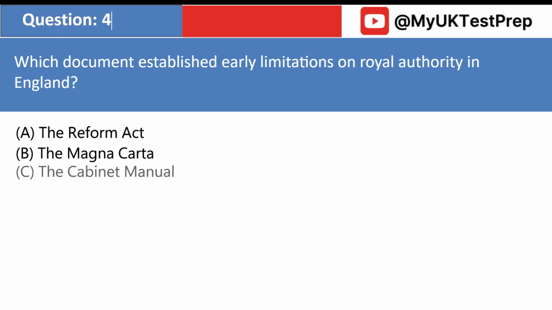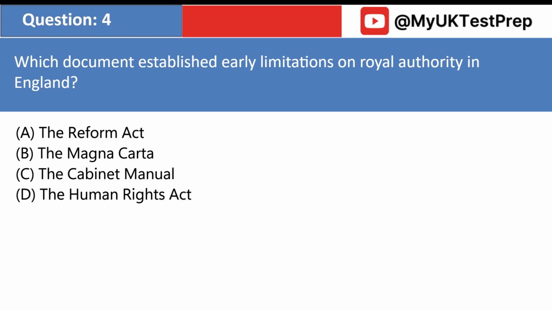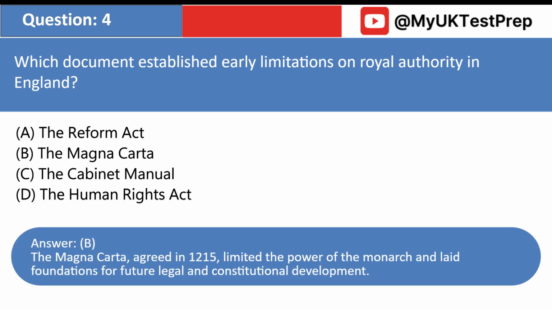Which document established early limitations on royal authority in England? A. The Reform Act. B. The Magna Carta. C. The Cabinet Manual. D. The Human Rights Act. Answer: B. The Magna Carta, agreed in 1215, limited the power of the monarch and laid foundations for future legal